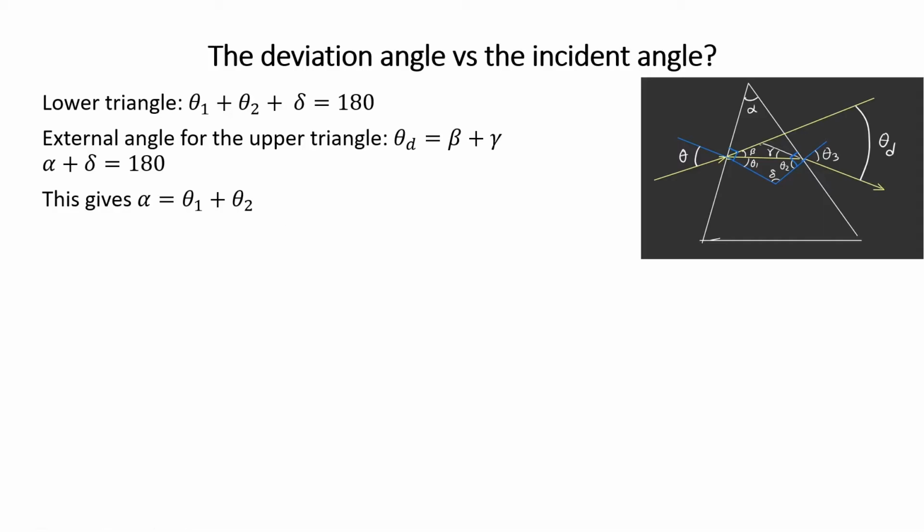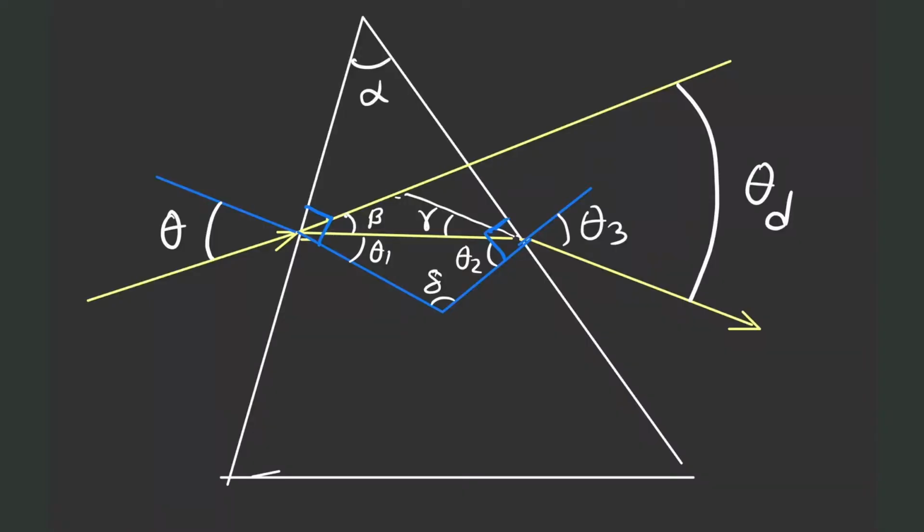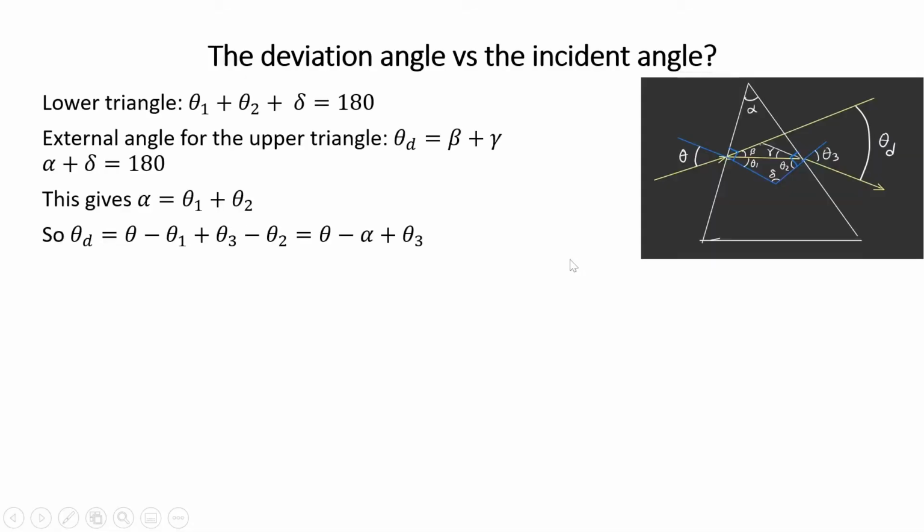Now let me come back to the previous slide once again to show you two other relations. So here we see that angle beta is theta minus theta 1 because this angle is equal to theta. Similarly here, theta 2 plus gamma is equal to theta 3. So from these two, I can conclude that